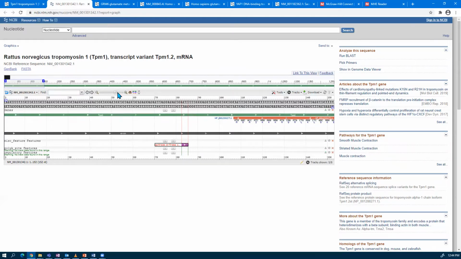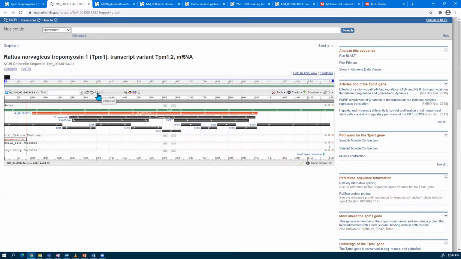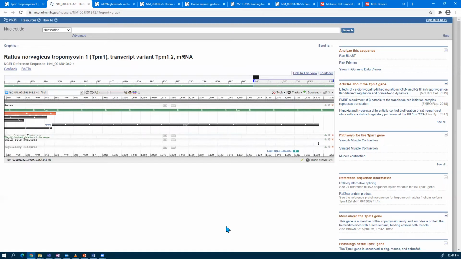Then we're going to look at the 3' region that's untranslated. So if you use the zoom button right here, you zoom all the way back to 0%. Again, we can see the full graphic view. And now we're going to zoom in on the end, so from the end of the protein to the end of the mRNA sequence. And we can have a look here